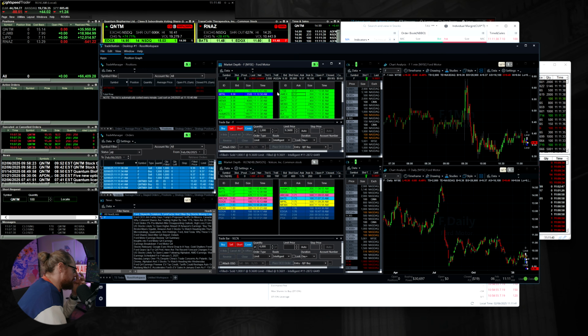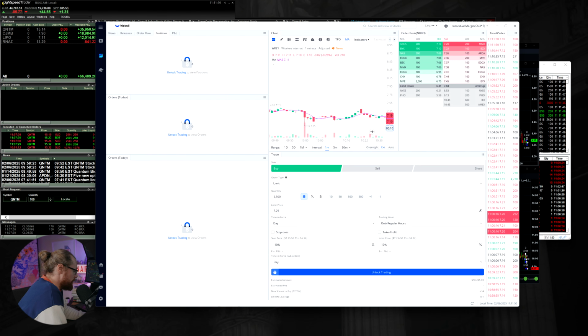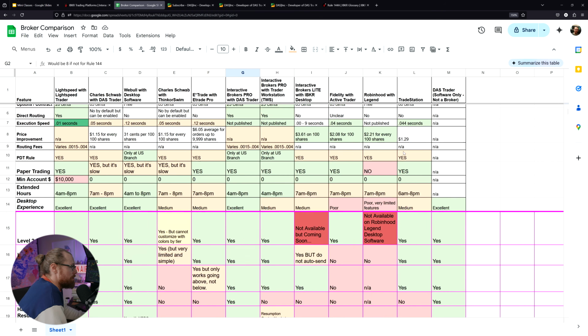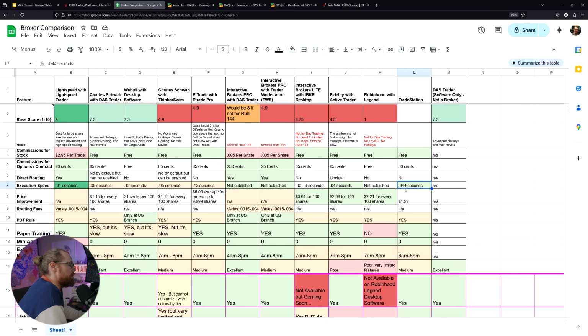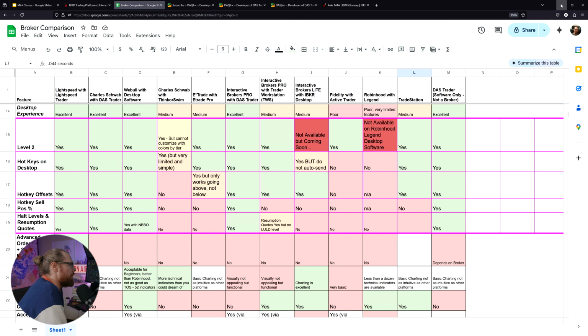TradeStation is a commission-free broker. If we pull up our broker comparison sheet again, their advertised execution speed is 0.044. It feels faster than that to me. Maybe, I'd have to trade a little bit more to be sure of it, but it does feel pretty fast. Fidelity is a little bit faster, but anyway, now I think you've got a good sense of these different platforms. So now let's talk